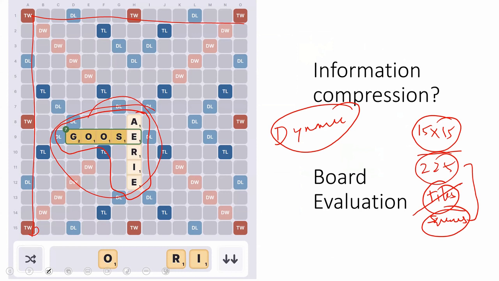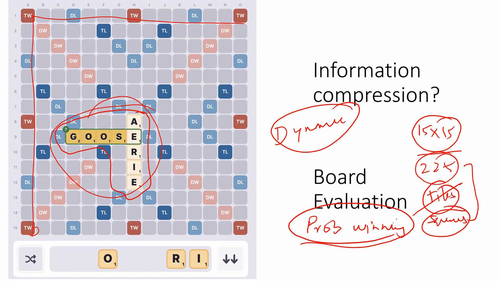Now the question is how do you put this compression to work? So when the state of the board change, what changes? From a relevance perspective, what are we really interested in? What we're interested in, can we use the change in the state of the board to identify one thing and only one thing? And what is that one thing? That one thing is the probability of winning. Can I use the state of the board to identify what is the likelihood, what is the possibility, what is the probability that I will win or that I will lose?